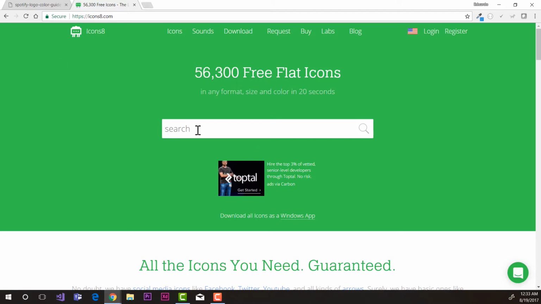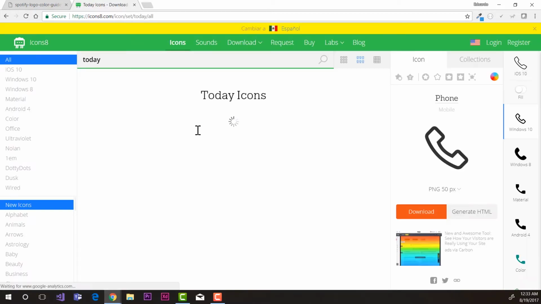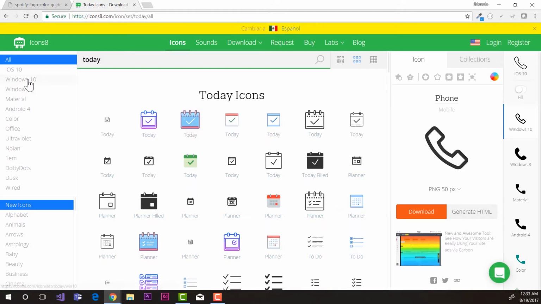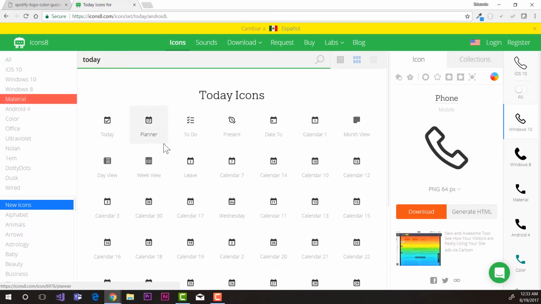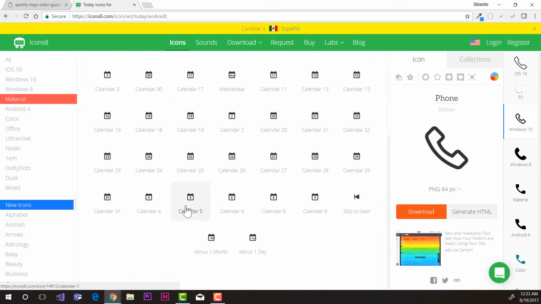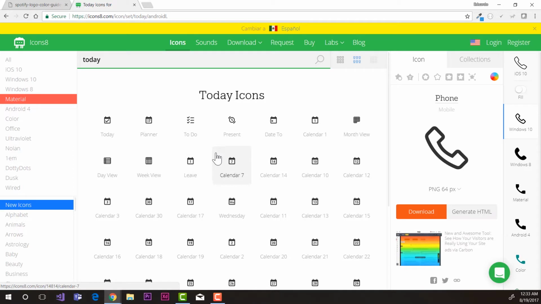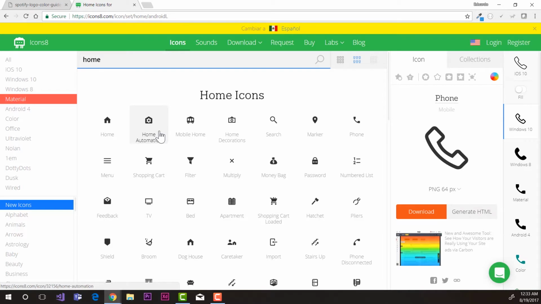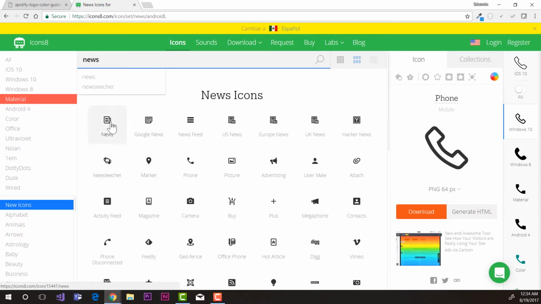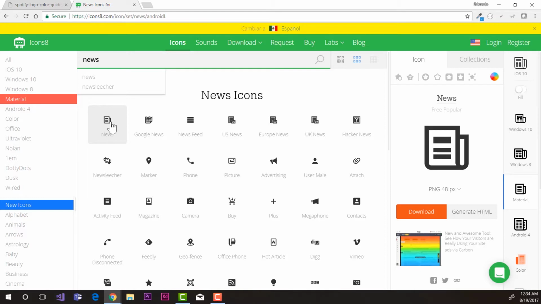So let's go ahead and download the icons that we're going to be using. The first one is going to be a today icon. And we can search like that, just today. You can see how we can filter these icons by type or by style. And I like the material style a lot, so let's search for that. Now I feel like none of these are what I'm looking for, so let me try to search for home. And actually I found that the news icon is the one that resembles a bit better what I'm